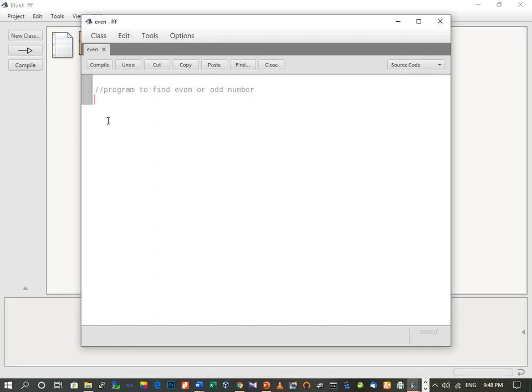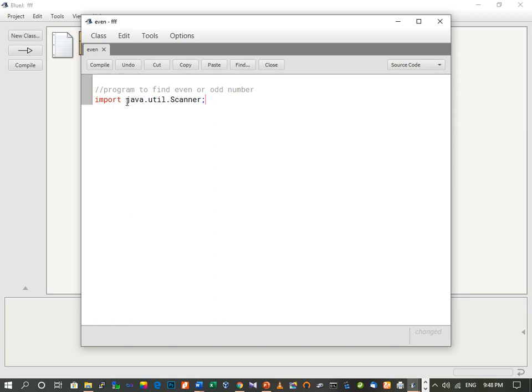Now in this program we are going to use scanner class, because in this we will again accept values during runtime from the user. So again I will write down import java dot util dot, here S will be capital. Java is very case sensitive, so you'll have to remember this practice.